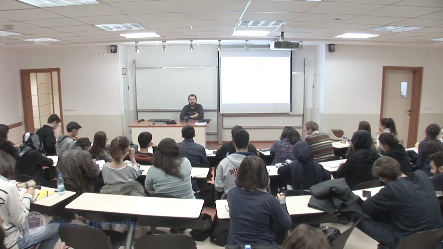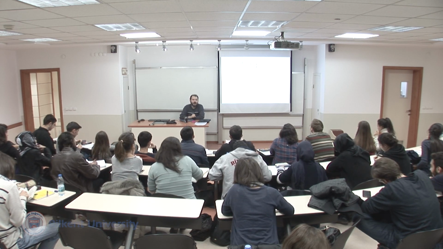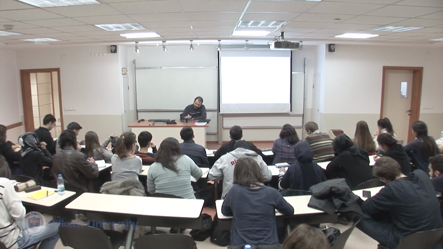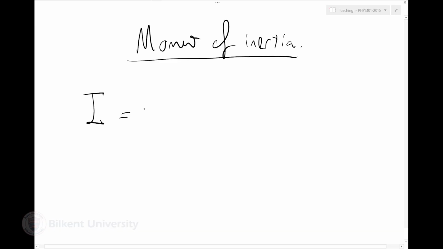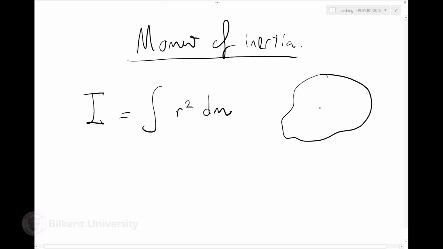So how did I define it? I defined it as I is r squared dm, where I have a fixed pivot point, fixed axis, and r is essentially the distance of my small mass dm from that axis. Okay, so